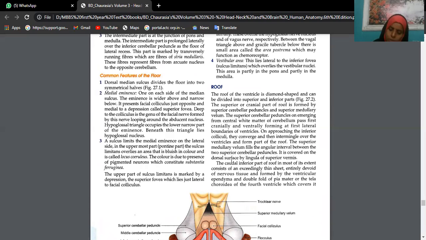We will go slowly. Whatever has been asked, I am giving you concepts wherever required: where exactly it is, how it is formed, what does it contain. You know everything, so read what is there for now, because this is a shortcut to gain very good marks. He gave many questions from neuroanatomy.